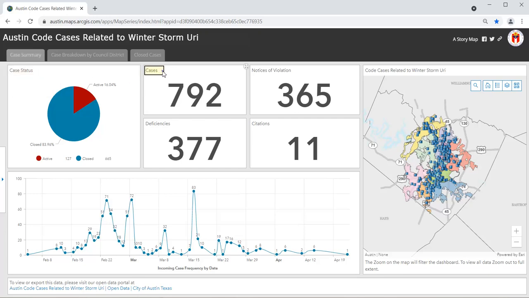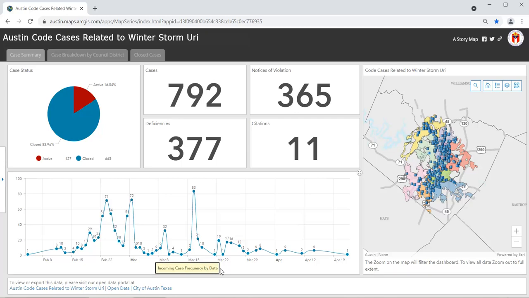Next, you'll see the total number of cases, the number of notices of violations, which we refer to as NOVs. Next is the number of deficiencies, the number of citations, and at the bottom, we also see a graphic breakdown of how many cases are coming in by their end date.